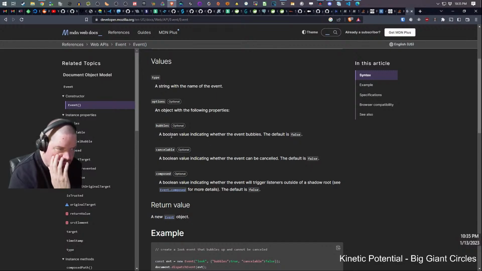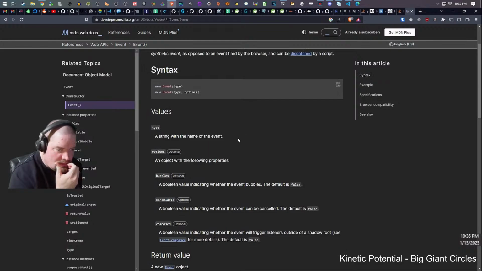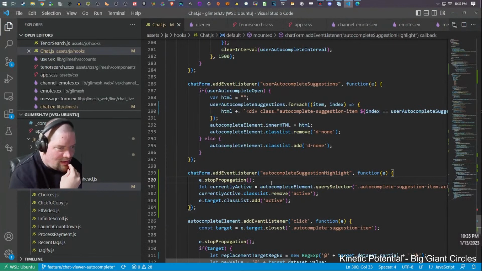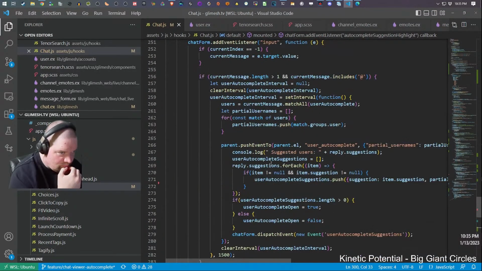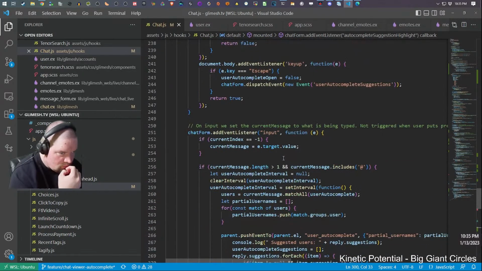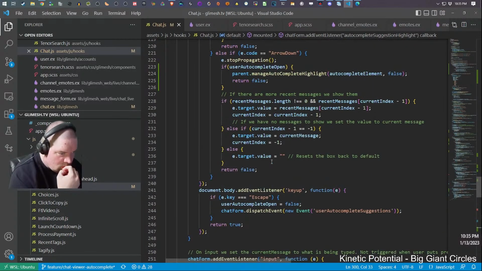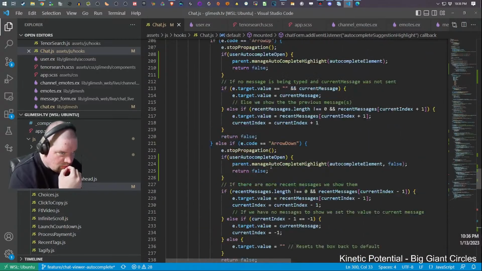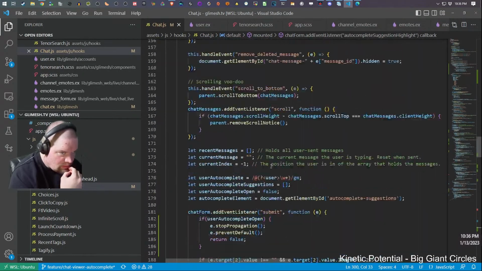Oh, that's right. That's right. It doesn't bubble by default. That's why. That's why. I forgot about that. Where's autocomplete manage highlights?